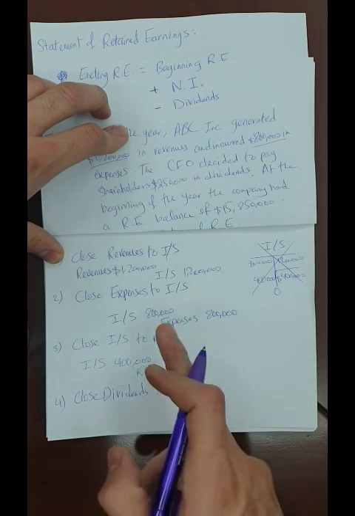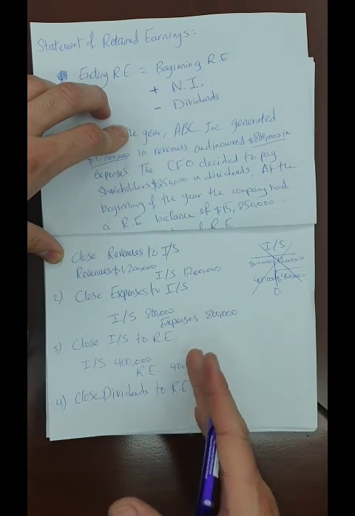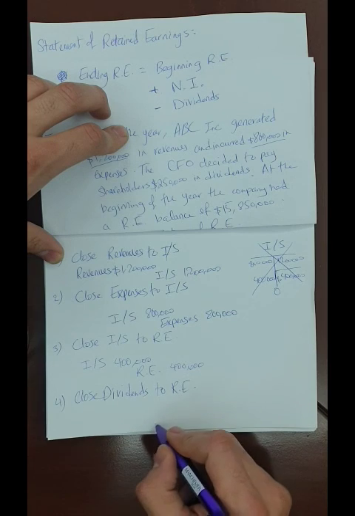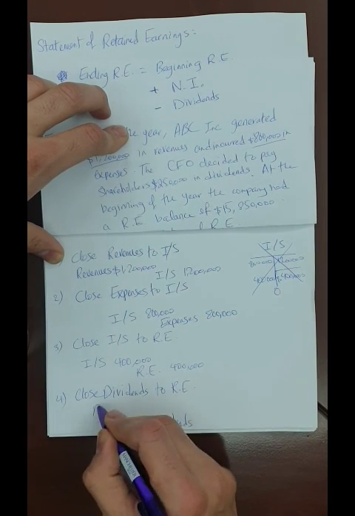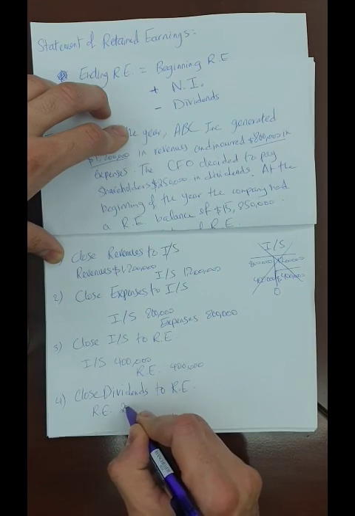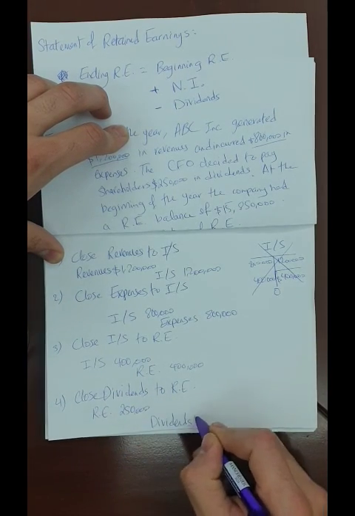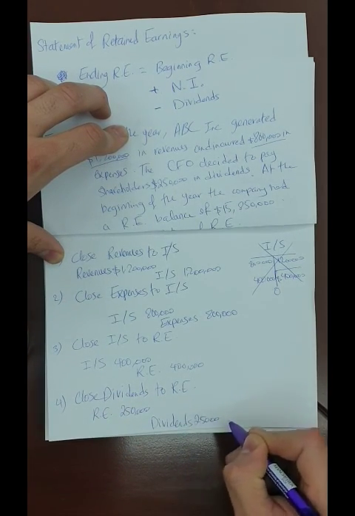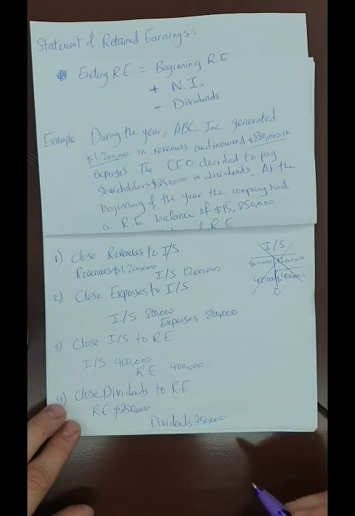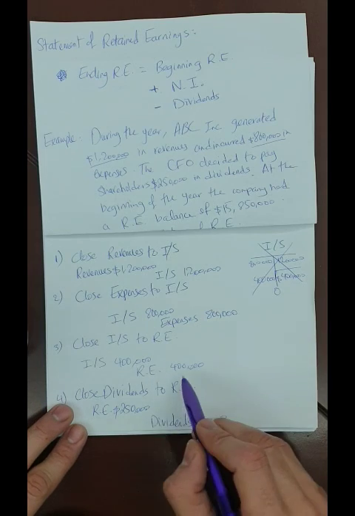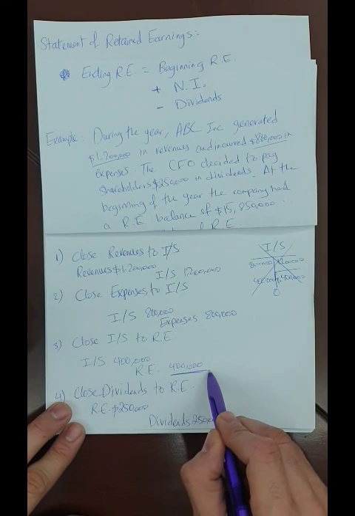Dividends usually are just like expenses. They have a debit account. You need to credit them. So credit dividends and debit retained earnings, and the value is $250,000. So basically, if you think about it in a simple way, you added to retained earnings 400,000 and you deducted 250,000,